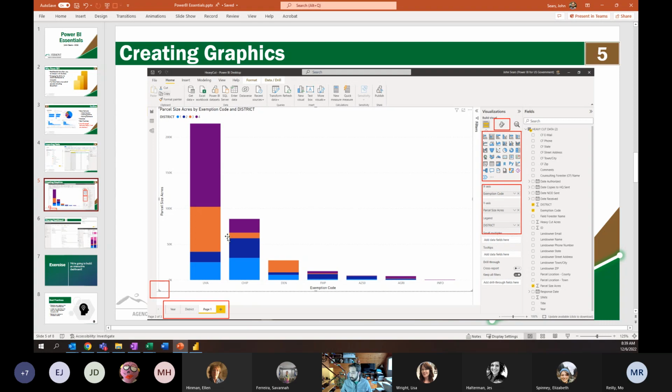For example, this is a stacked bar chart. You just have to specify what you're grouping by on the x-axis. In this case, we're grouping by exemption code, so UVA, CHIP, denied, FMP, Act 250. What you're counting up on the y-axis, in this case, it's parcel size. And then you can bring in a legend, and so you can create that stack effect, right? Where I want to view it by district. So, for UVA, District 4 represents about half of the total data